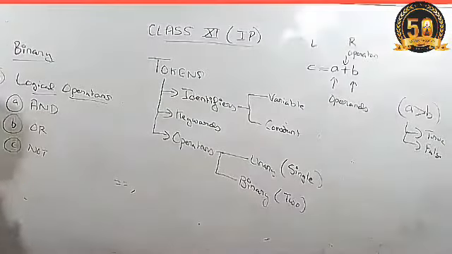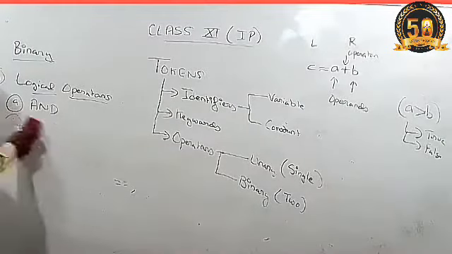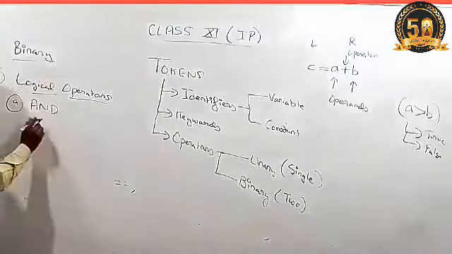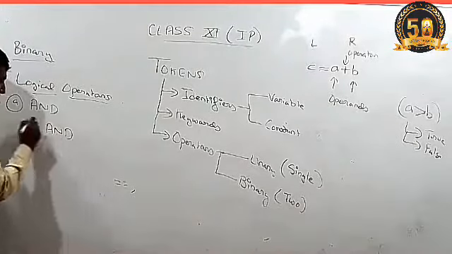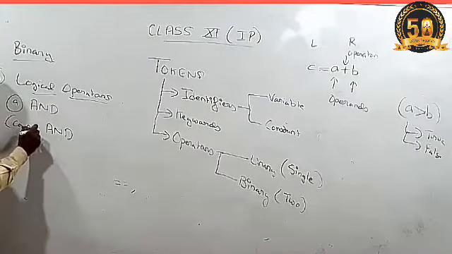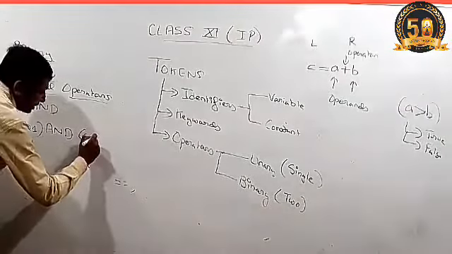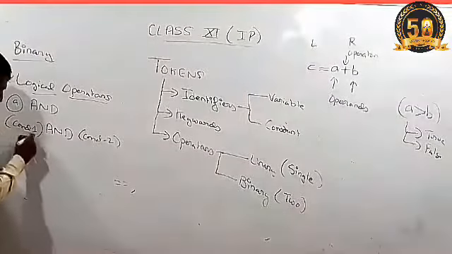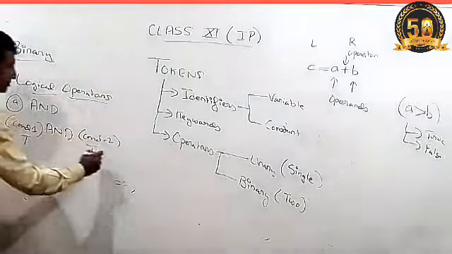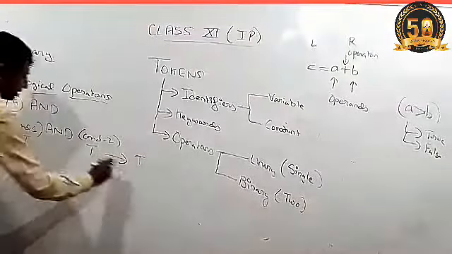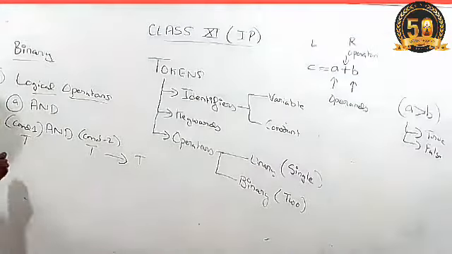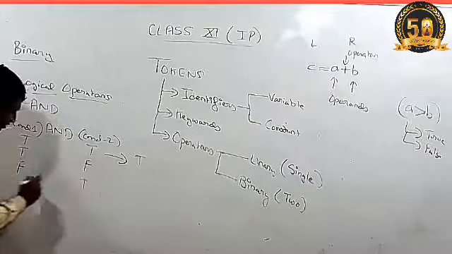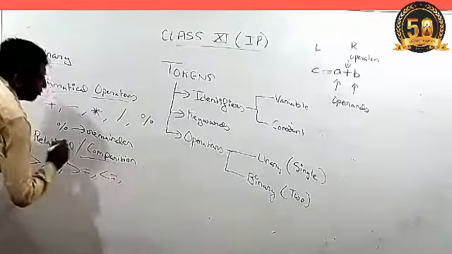Now the first one is the AND operator, and it is the category of the binary operator. So within the AND operator, there is a condition at the left side and there is a condition at the right side also. Now if both the conditions are true, only then AND operator will return the true, otherwise it will return false. If first condition is true, second is false. If first is false, second is true, then